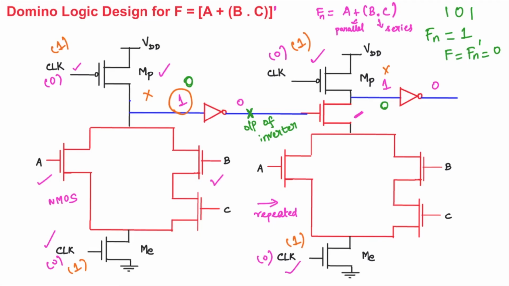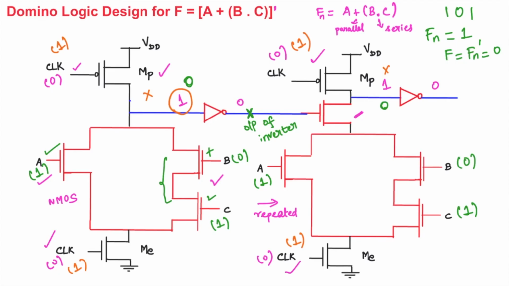Now we will substitute 101 in the circuit implemented. So everywhere, it is going to be repetitive, so it is not necessary that we calculate for every dynamic logic. Here we can see that NMOS will turn on only for high input. So here this transistor will be in on condition. This is going to be off and this is going to be on. Since both are in series, both have to be on. But here only the C transistor is on. So therefore let us neglect this part.